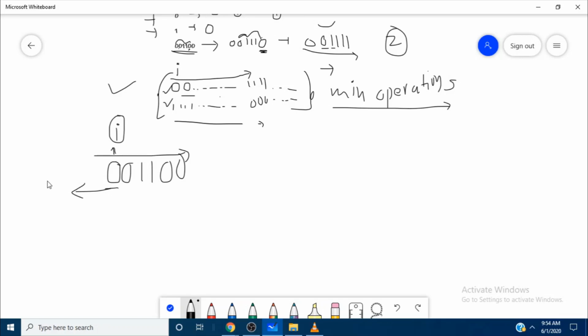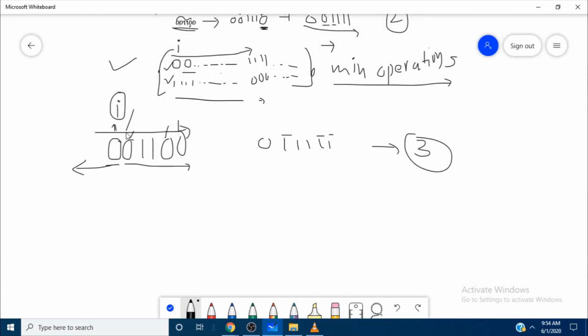Here there are no characters to the left of this I, and it is already 0, so we need to convert the right to ones. How many are required? This one, this one, this one. So it will be of the form 0 1 1 1 1 1. We changed these 3 bits, so it will require 3.